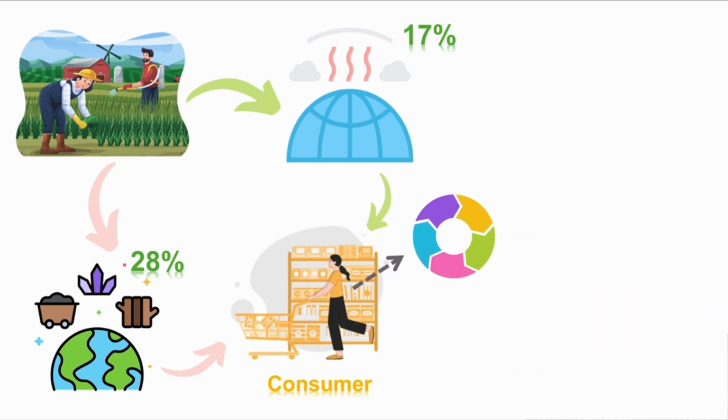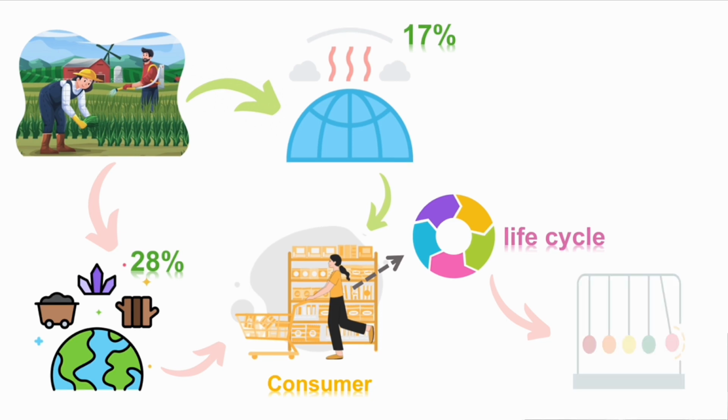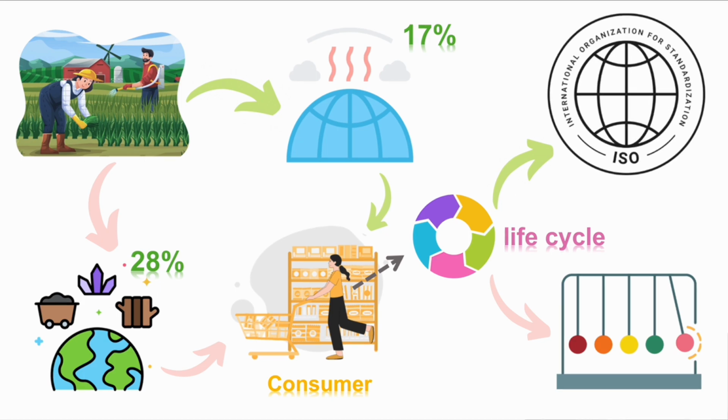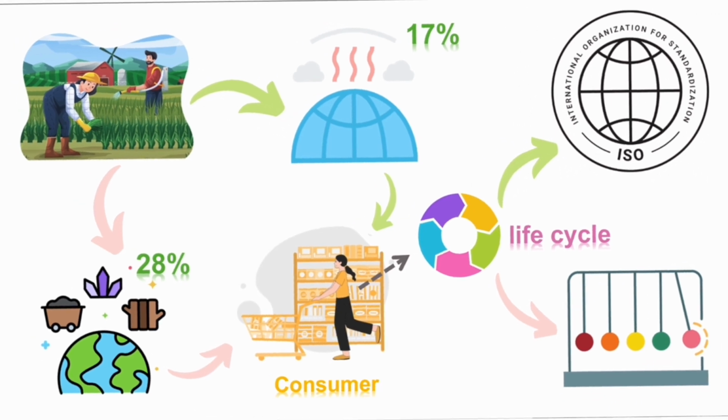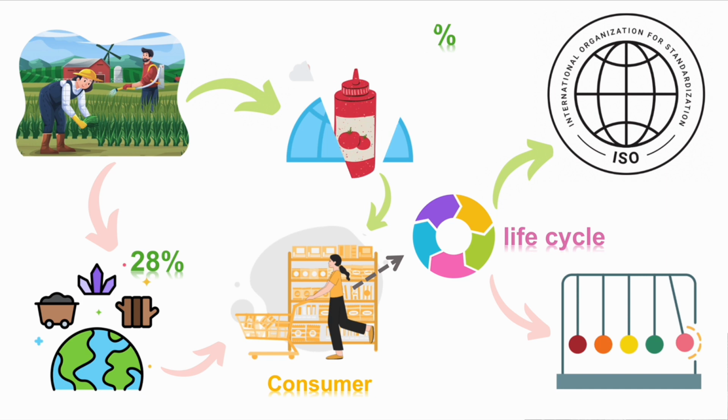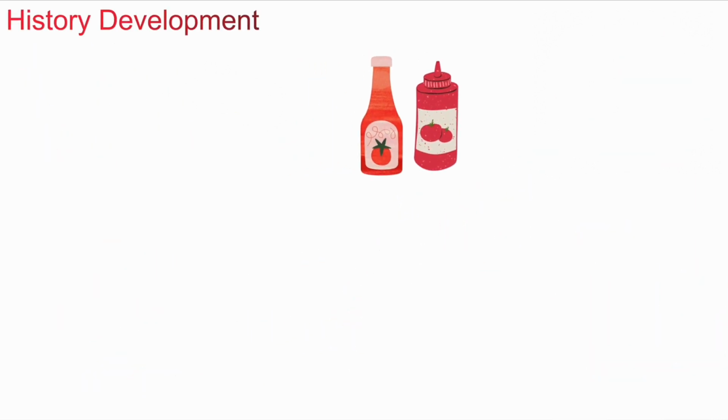If more sustainable products are to be obtained, environmental impact and resource use must be assessed, taking into account their entire life cycle. Life cycle assessment (LCA) is a very useful method for assessing a product's impact on the environment throughout its life cycle as cradle-to-grave analysis. The LCA method is subject to the ISO 14040 International Series of Standards. This approach has been used in many studies to assess the sustainability of food production. So today, we're going to use tomato sauce as an example.